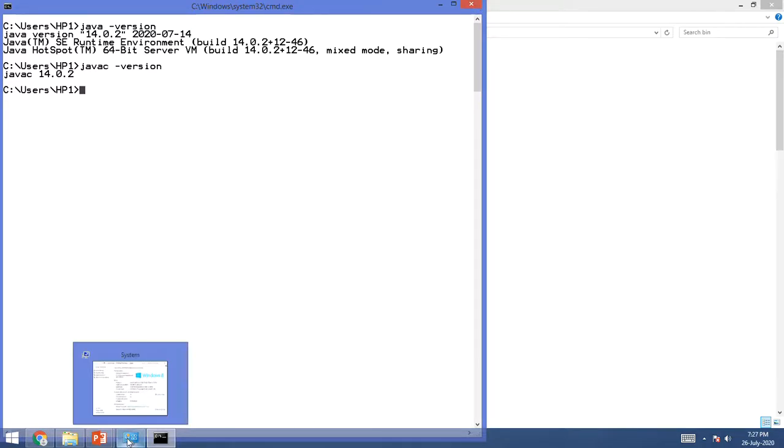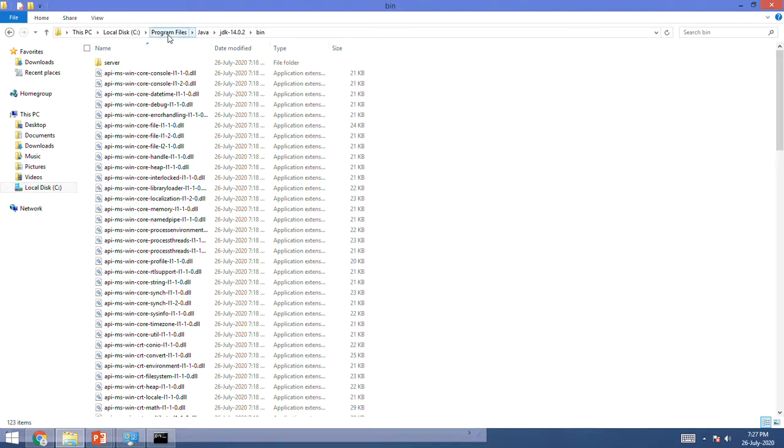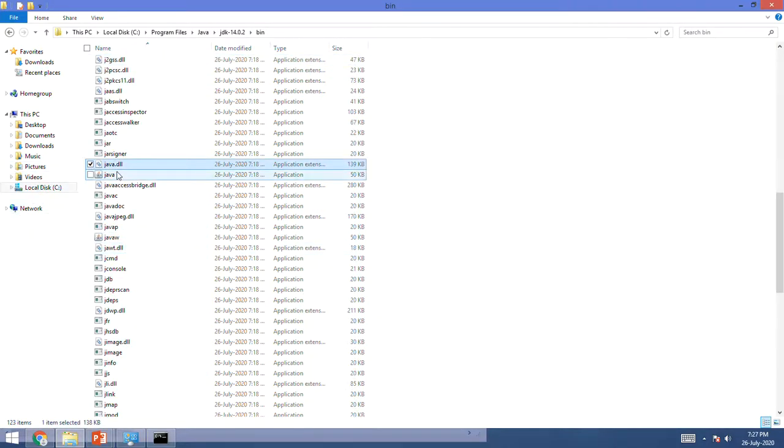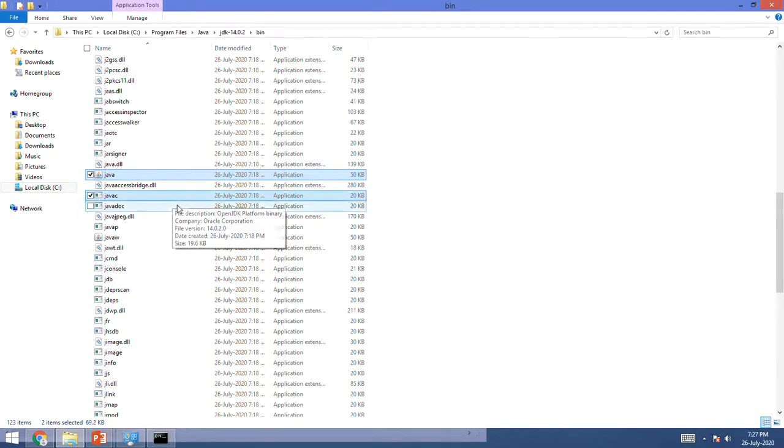Now the meaning of this set path is, if you go to that particular folder, Program Files, Java, JDK, bin, and search for java, there will be an application called java. Again there will be an application called javac. These are commands that we are telling command prompt, okay, the commands are over here, go to this path and execute those commands. These commands we will require during our file compilation and execution. javac is for compilation, java is for execution. That's it with Java installation and doing set path.